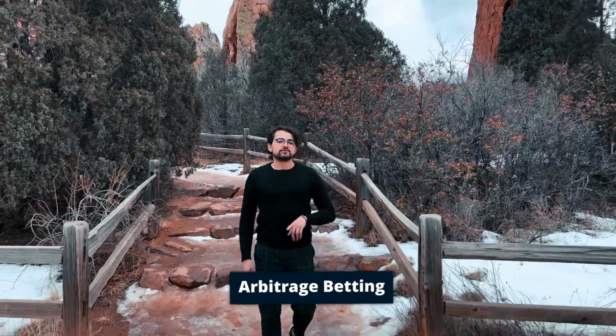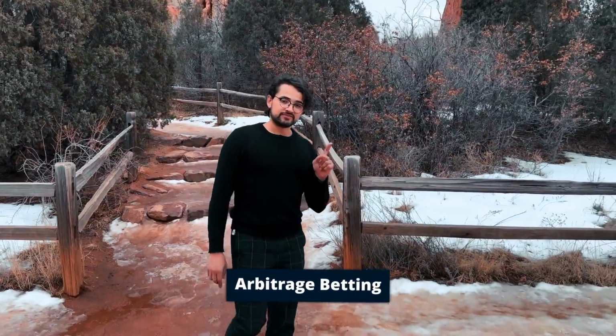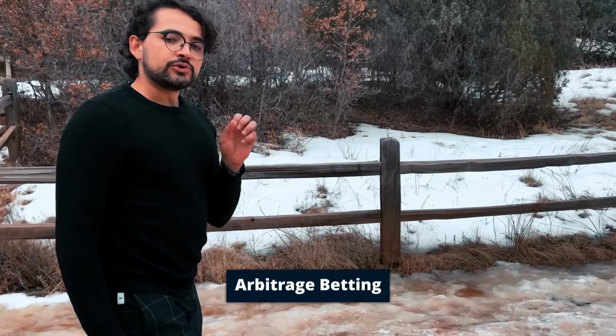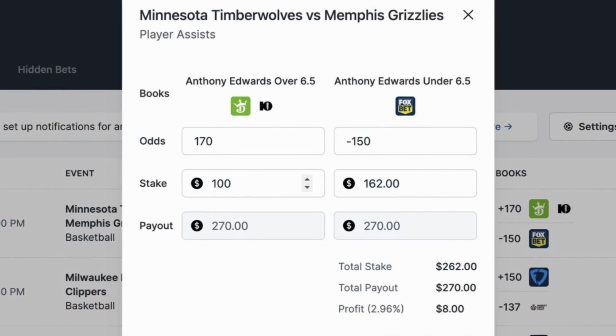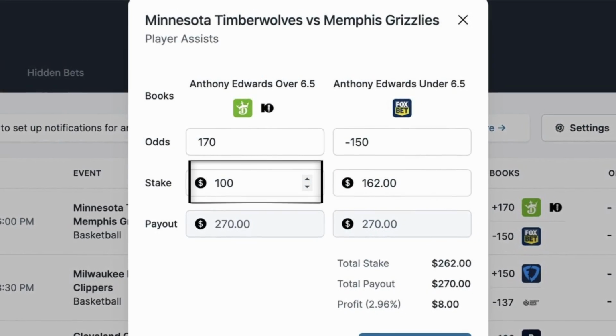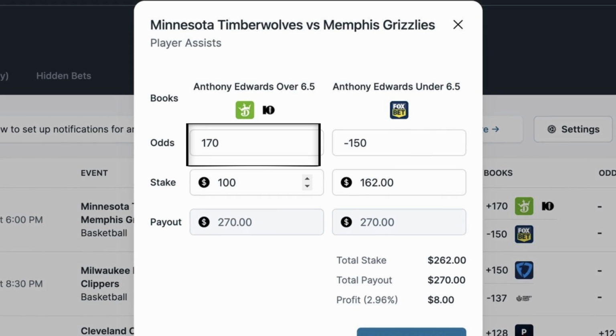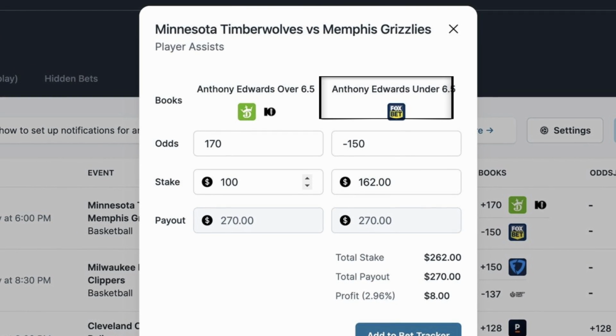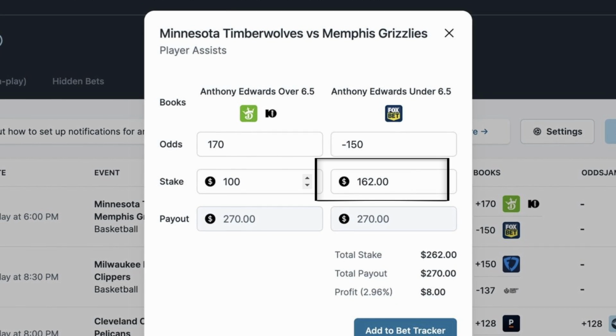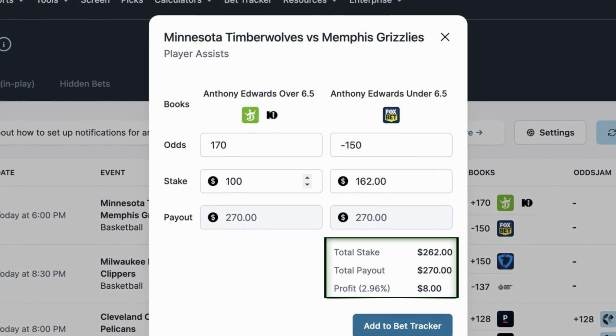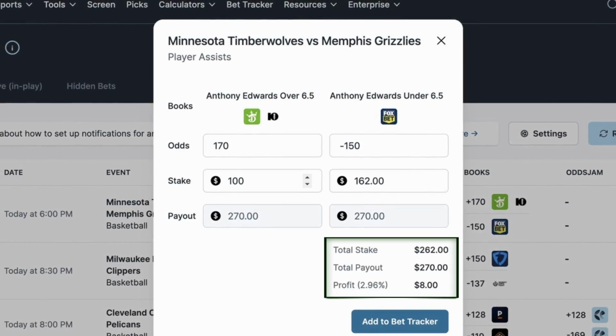When this occurs, you gain a profit regardless of the outcome in the event. In the example we show you here, we can take Anthony Edwards' assist over 6.5 on DraftKings for 100 bucks at plus 170, while also betting Anthony Edwards under 6.5 assists on FoxBet for 162 at minus 150. Regardless of what he does in this game tonight, we come away with 2.96% in profit, or in this case,